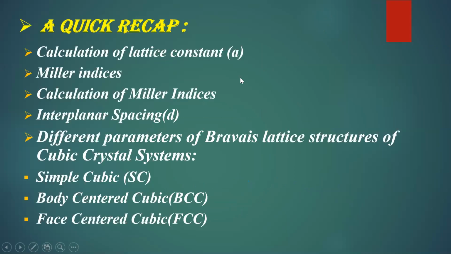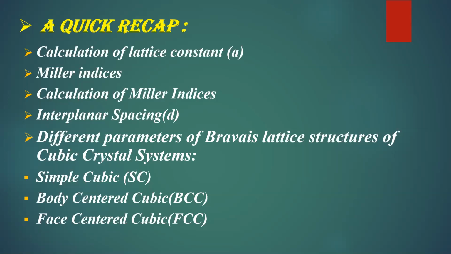Let us have a quick recap on the previous classes, what we have talked about. We have seen what are crystalline substances and what are amorphous substances. We have seen the major differences. And also we have calculated various parameters based on the crystal structures, like the atomic radius, the packing fraction, lattice points per unit cell in some of the crystal systems which are located under cubic crystals, Bravais lattice structure.